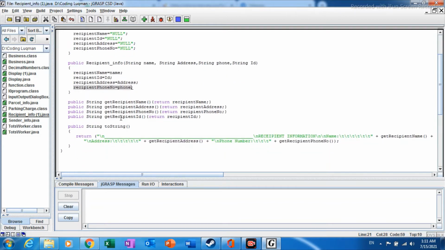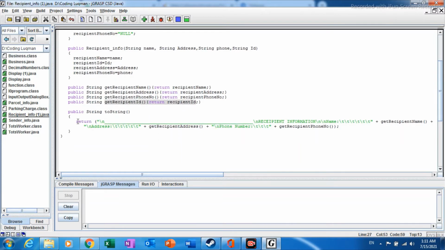Next steps, for the getter or the accessor, we will write get recipient name, return recipient name, and the getter for recipient address, get recipient address, return recipient address, the getter of recipient phone number, get recipient phone number, and return recipient phone number, and the last one, for the getter or accessor recipient ID, we will write get recipient ID, return recipient ID, and the last one, we will display all of